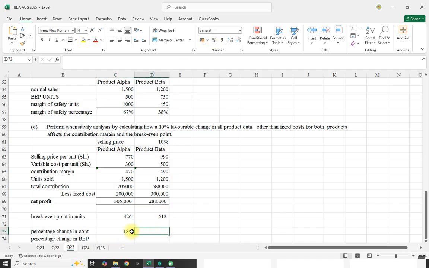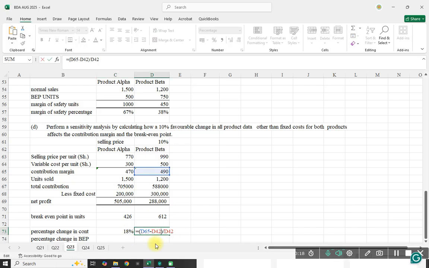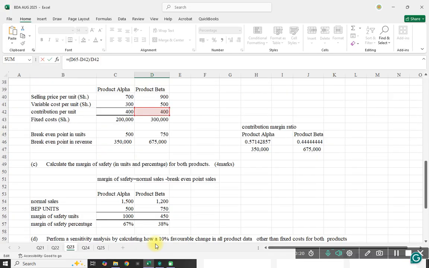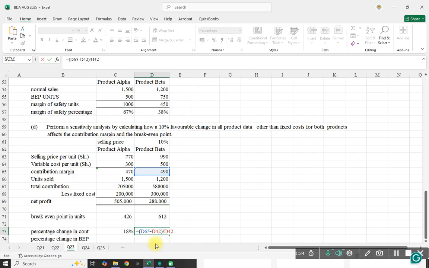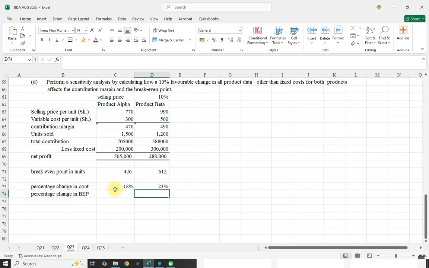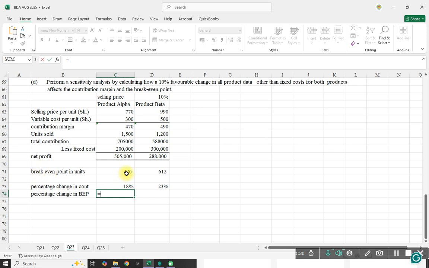Let's see this one, 490 minus 400, divided by 400. Yeah, so 23%. For the BEP, the break-even point now is the new one minus the original BEP,